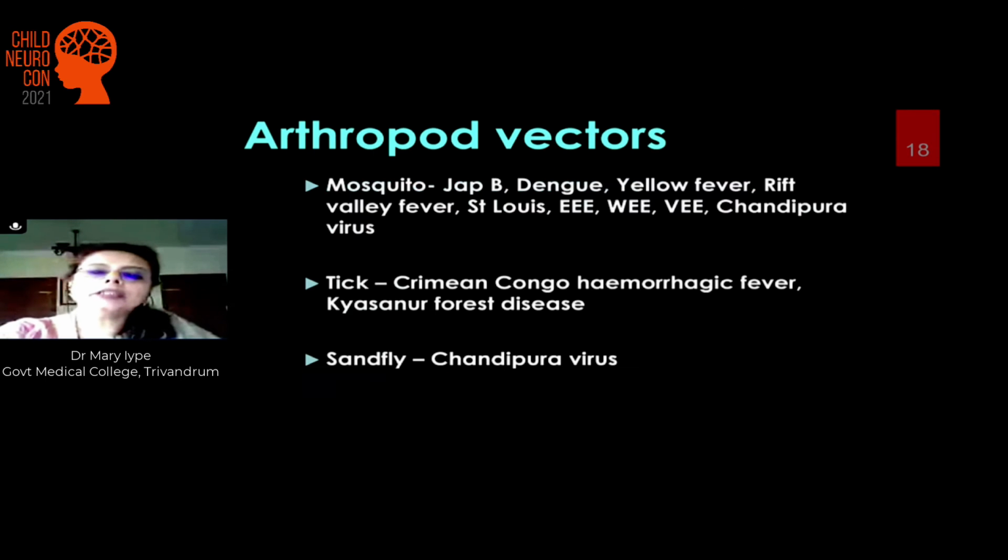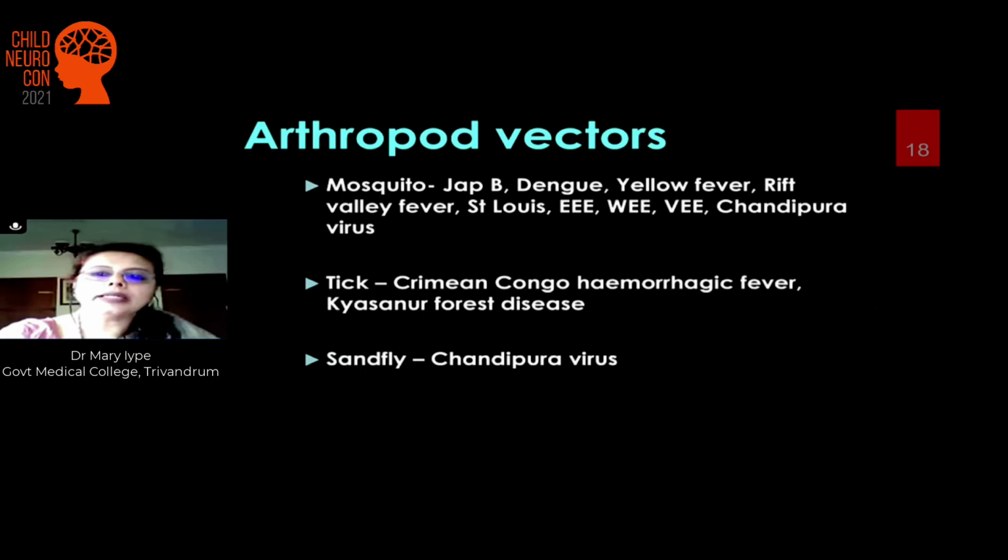The arthropod vectors are again important because even though there is no real treatment for most of these viral encephalitis, one of the things that one can do is to control these vectors. And among them, mosquito control is very, very important because it is the mosquito which spreads Japanese encephalitis, dengue, yellow fever, Rift Valley fever, St. Louis, Eastern equine encephalitis, Western equine encephalitis, Venezuelan equine encephalitis, and the Chandipura virus. The tick transmits Crimean-Congo hemorrhagic fever and Kyasanur forest disease, and the sandfly, in addition to mosquito, transmits the Chandipura,